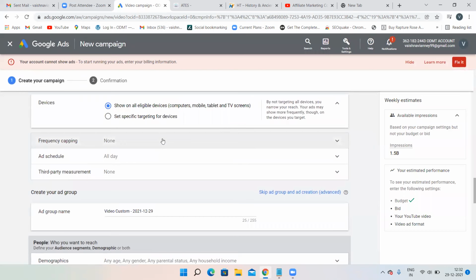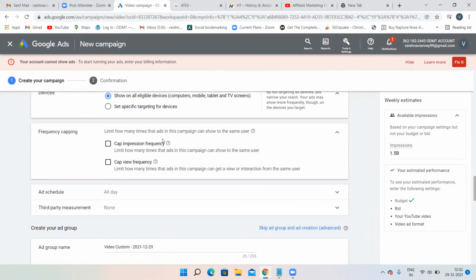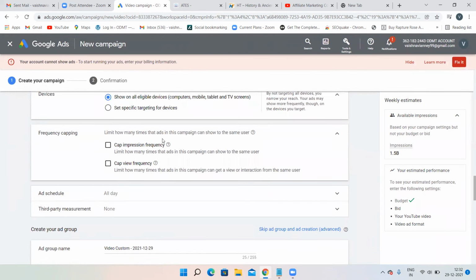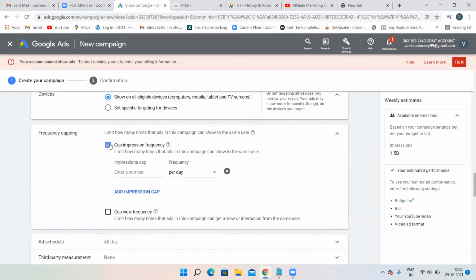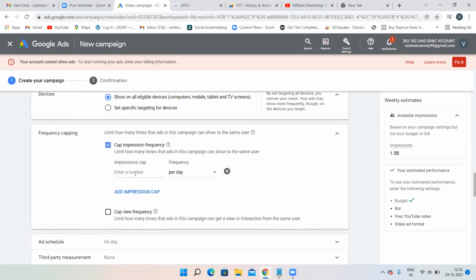Then frequency capping. What is frequency capping? How long you want to torture your customer. Obviously, if you show your ad 100 times in a day to one particular user, he'll be irritated. So don't do that. Instead, select this option called frequency capping, cap impression frequency. Then select the number of times you want your advertisement to appear to a particular user.